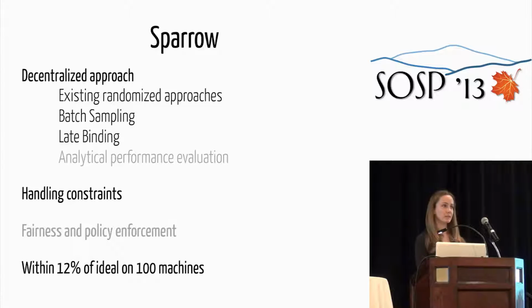In the paper, we also demonstrate how Sparrow can enforce policies in spite of the fact that schedulers don't have any global visibility. Of course, we do give up something here by having a decentralized design. There will always be some policies that Sparrow can't support because the policies require some kind of global visibility. What we show in the paper is that Sparrow can support the most common types of policies that people use. Finally, I'll end with an evaluation of Sparrow on a 100-machine cluster, and I'll demonstrate that Sparrow can provide response times within 12% of what an ideal scheduler could provide.